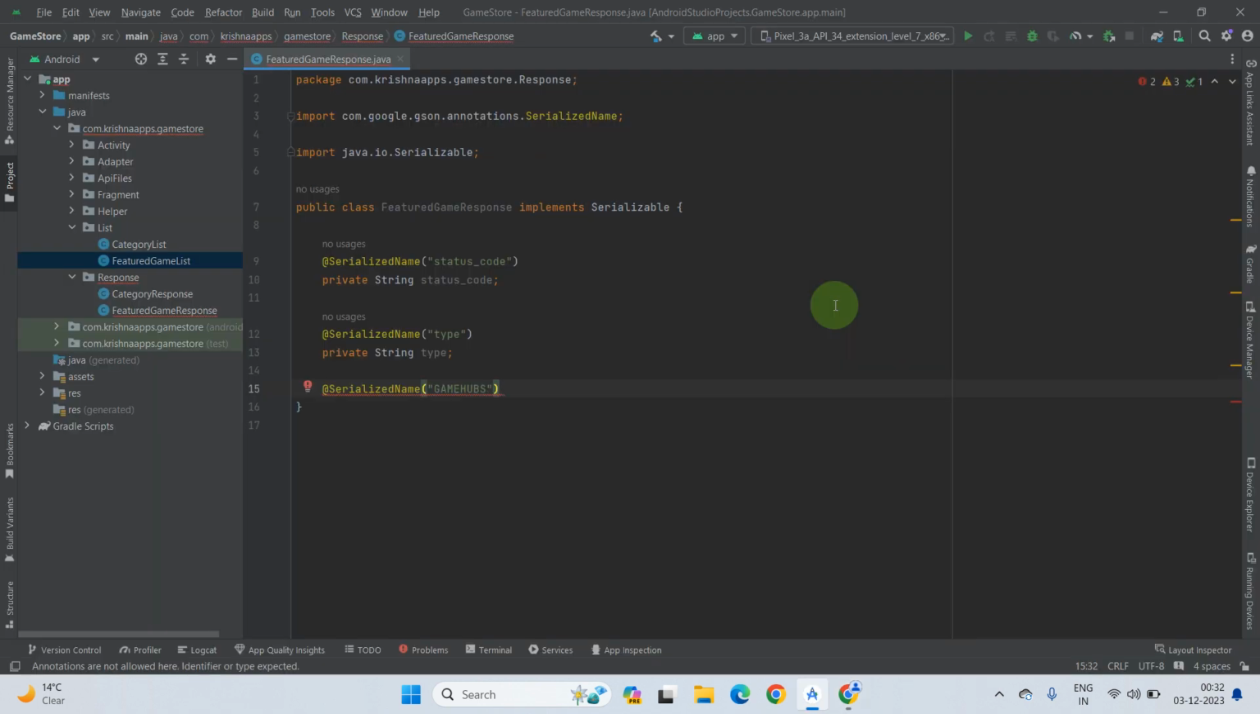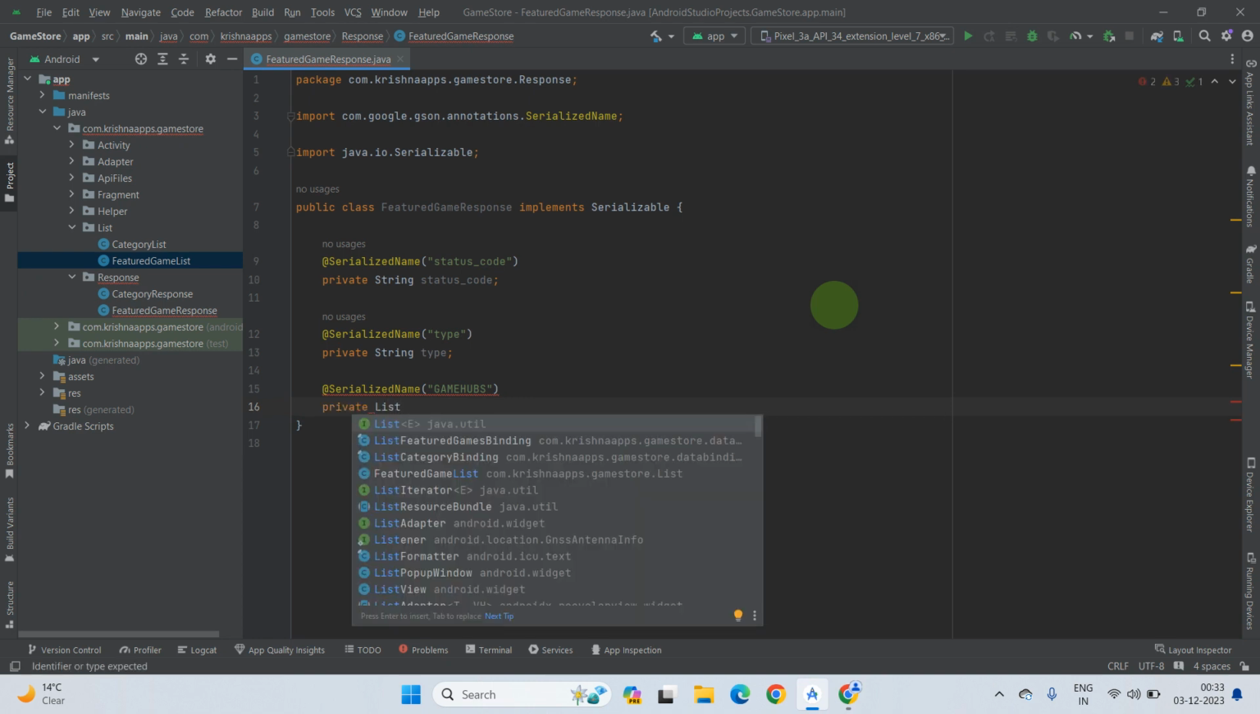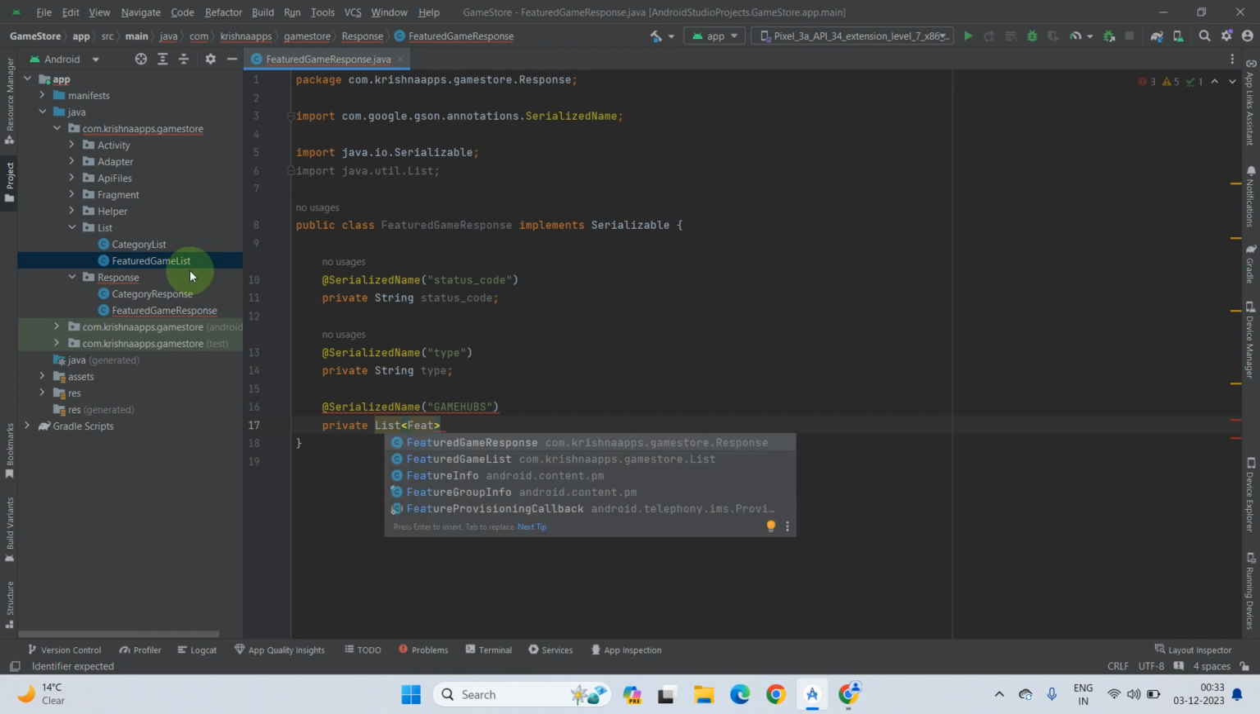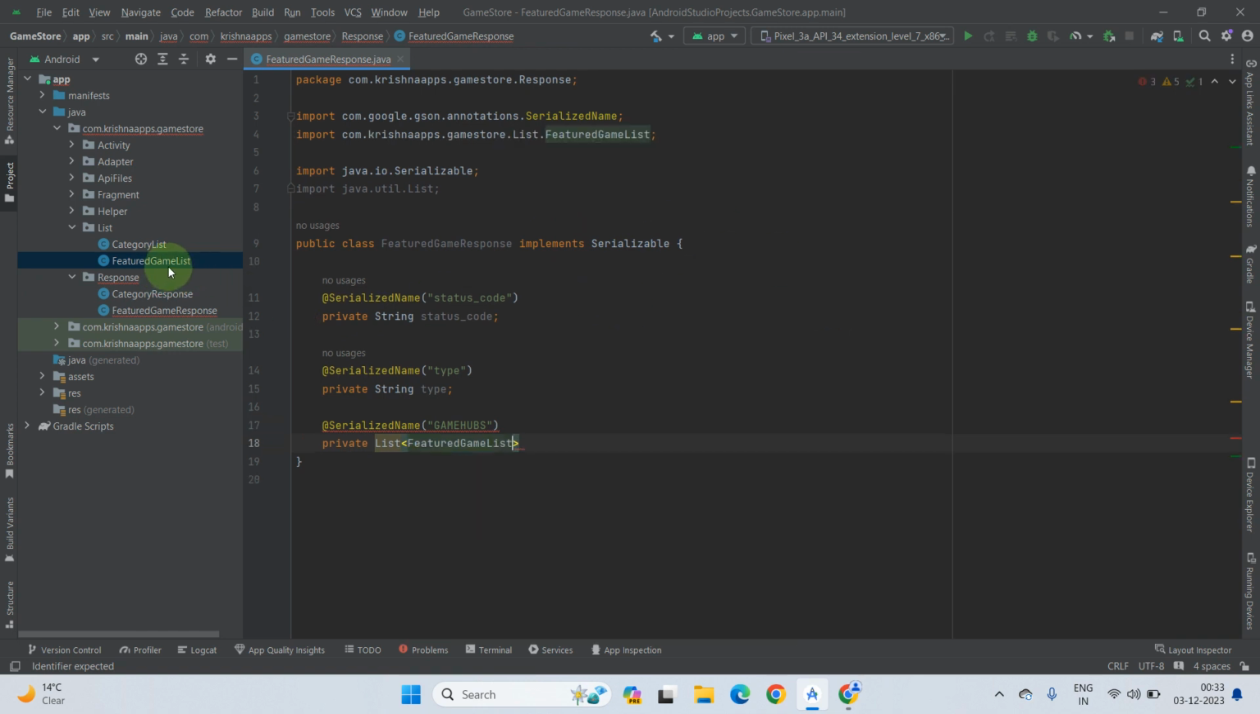So let's do it like this: serialized name, and copy this one, game hubs. Okay. Now make a private list. After typing the list, press enter. Okay, do not forget it. Now use greater than, less than, and inside this type your class name, featured game list. Okay, and now you have to create a variable. You can give any name to it. Let's name it featured game list. Okay,